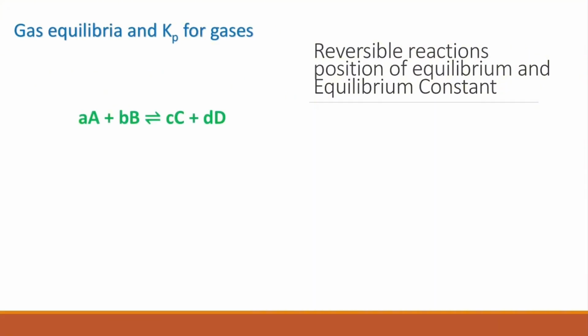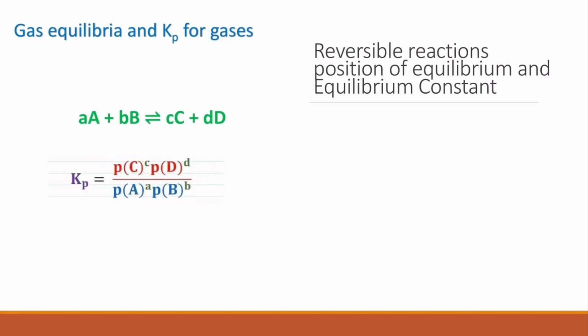Irreversible reactions and equilibrium constant is one of these topics which can feature in both paper one and paper two. Paper one is mainly about equilibrium constants, which is the calculation of Kc. For paper two, it's more about the gas equilibria. So you have a reversible reaction, a gaseous reaction, and then they want you to calculate the Kp for this